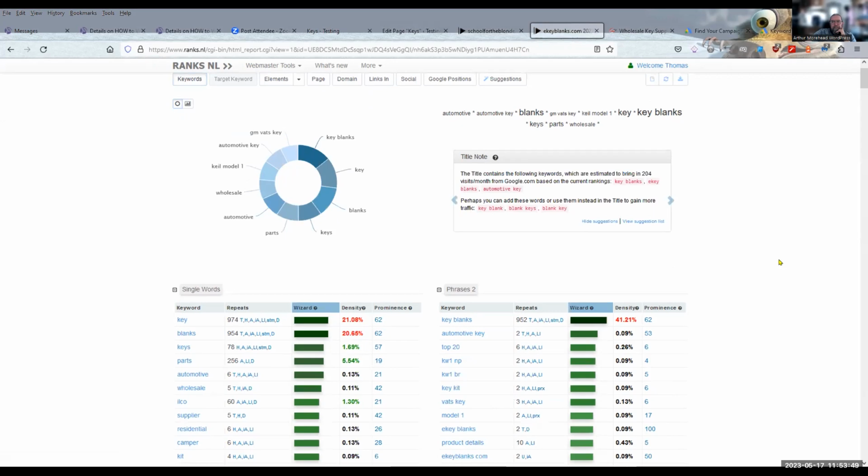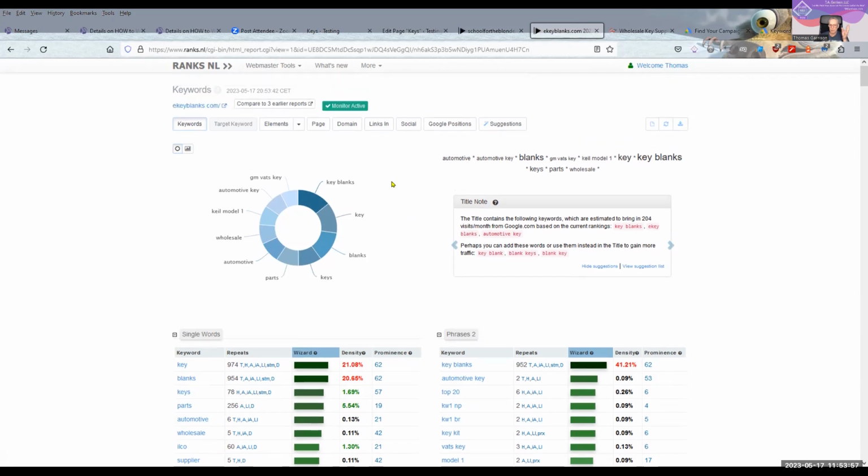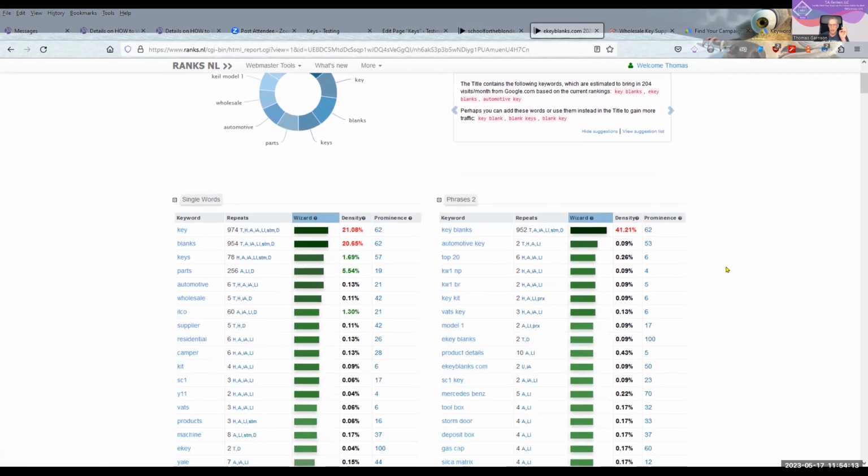So we're looking at when you see a keyword term, and in this guy's page, "key blanks" is most prominent. You can see it up at the top, because it's larger font and bolder, and in the wheel, it's obviously the boldest thing. So when you look at how many times it's repeated in the page, we can go to "key blanks" right here, which is a 2 phrase.